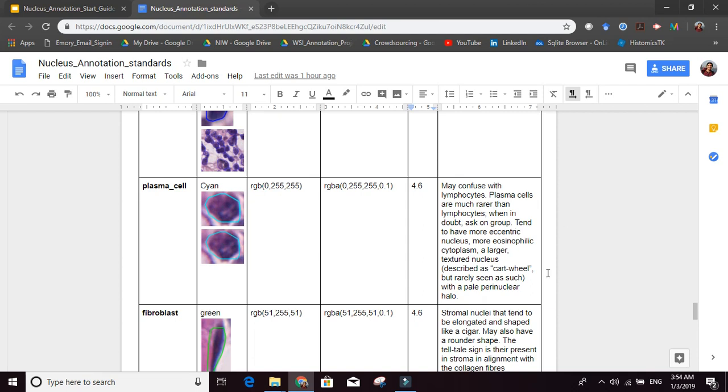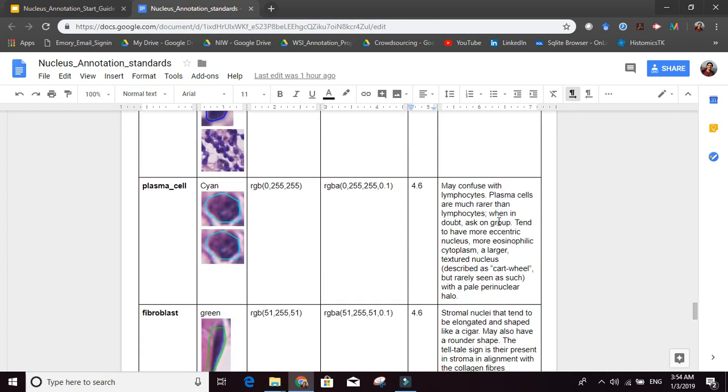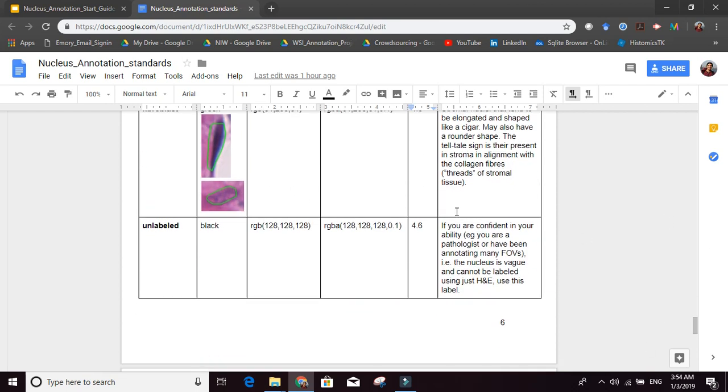Plasma cells are actually quite rare, so most of the time, if you're in doubt, it's probably a lymphocyte, all right? A plasma cell is rare, but if you see it, label it, okay? Fibroblasts, and if you're not sure or the nucleus itself is not possible to be labeled, just using H&E, then give it an unlabeled label, okay, if you will.